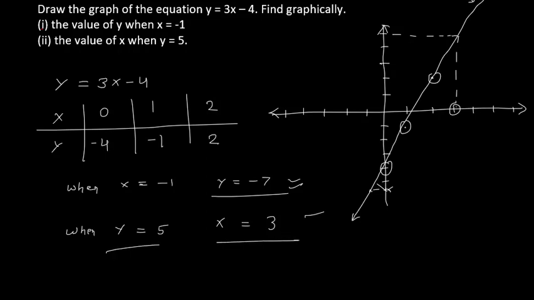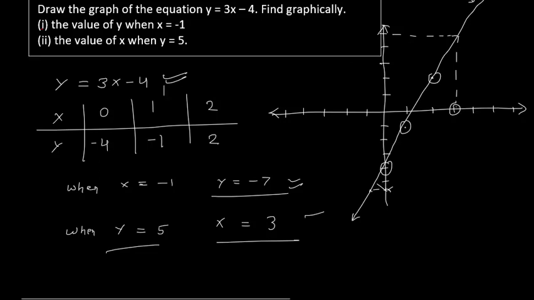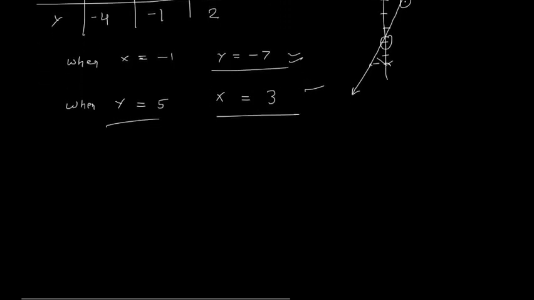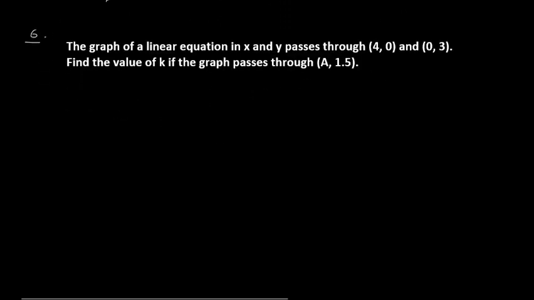So you can cross verify by putting the values in this equation, but as mentioned in the question, you have to find the values using the graph. So on the graph also these points should be justified.